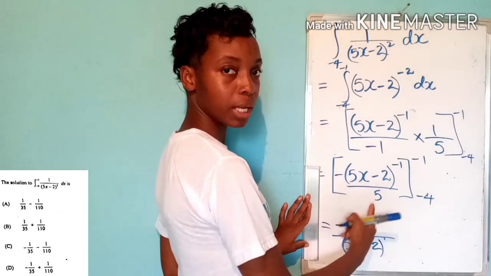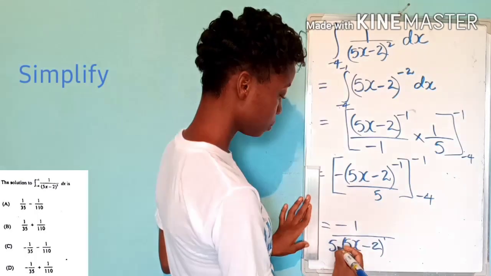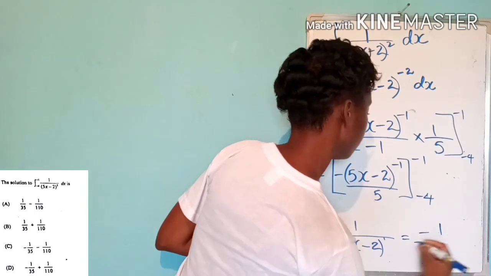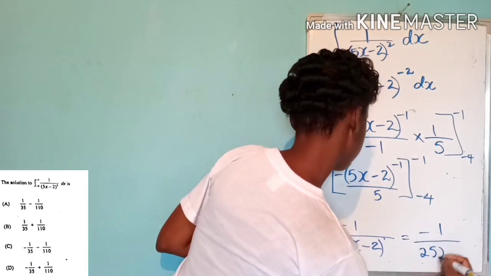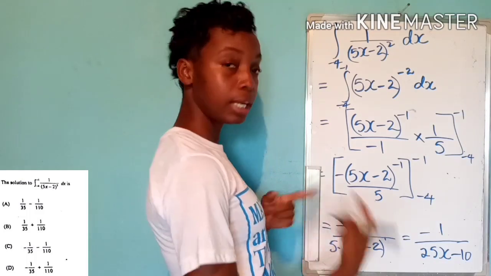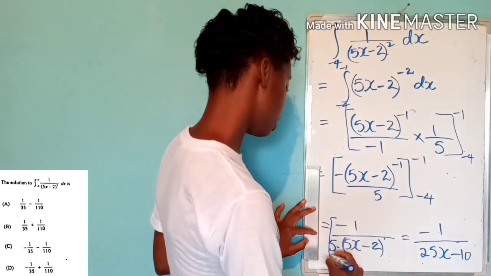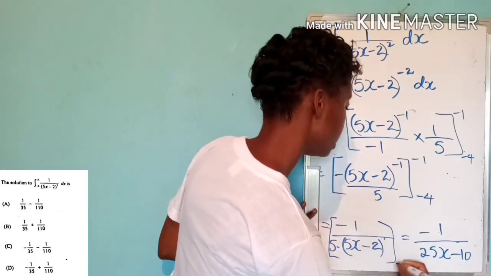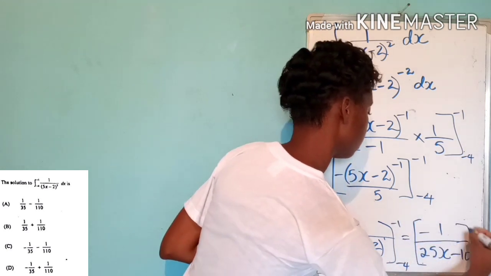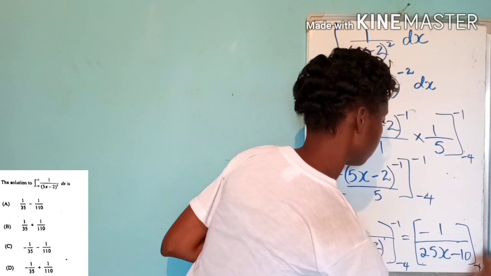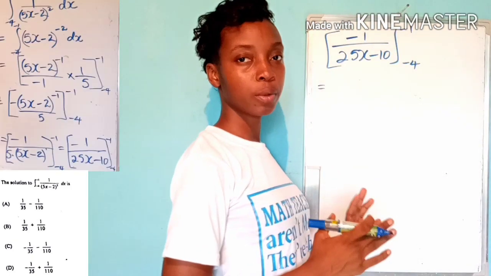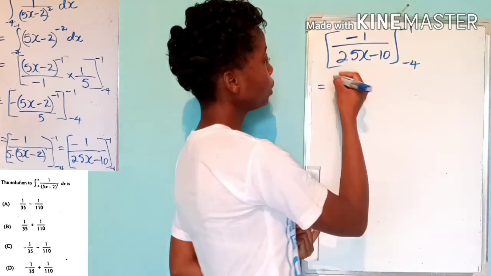And let's not forget that we have this 5 in the denominator. This can even be further simplified to negative 1 over 25x minus 10. And in this, we know that we should be substituting our limits, negative 4, negative 1. So now that we have moved the first part of our question to the left of our screen, we continue